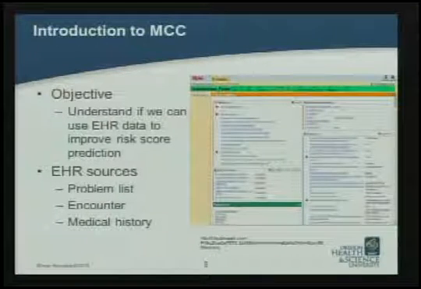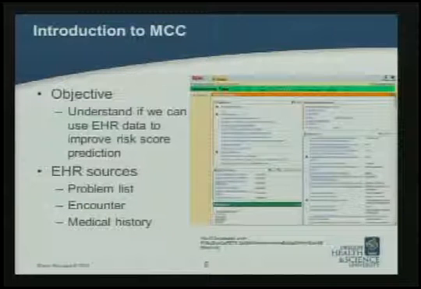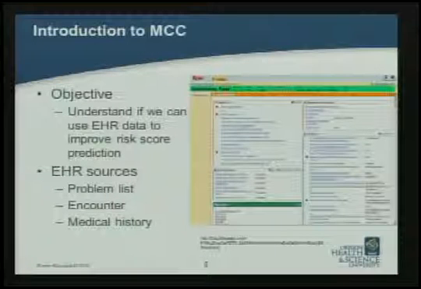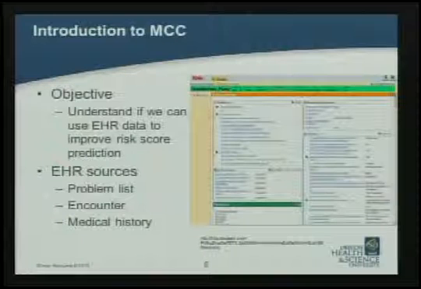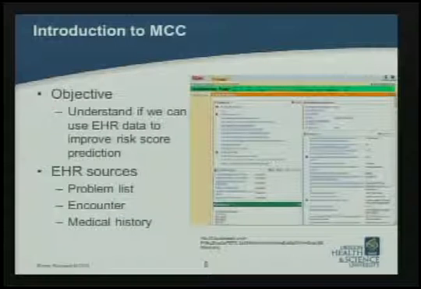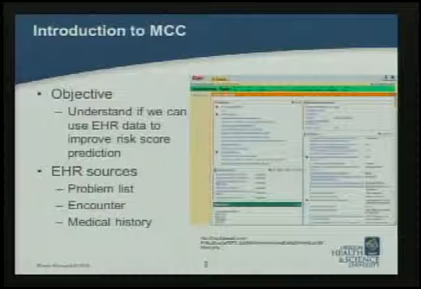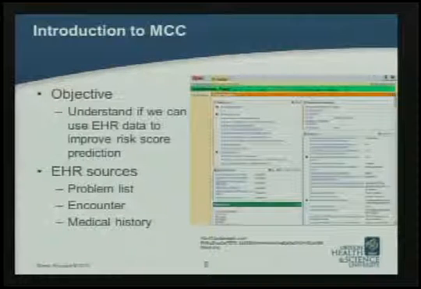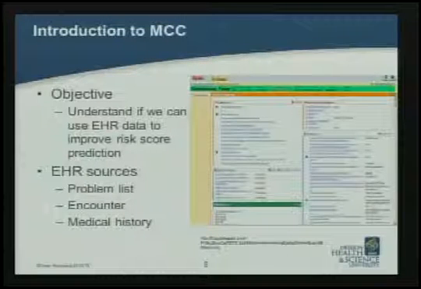Encounter, on the other hand, is an EHR source that is supposed to be more relevant in terms of predicting patient outcomes. The encounter source is linked to a specific instance where a patient visits a clinician and is treated for a specific condition. So in the encounter source, you would have documentation of when a patient visited a clinic, for example, for a complication with diabetes, saying that this patient was treated for their diabetes, and that would be a more relevant example of an issue that the patient might be having later on.